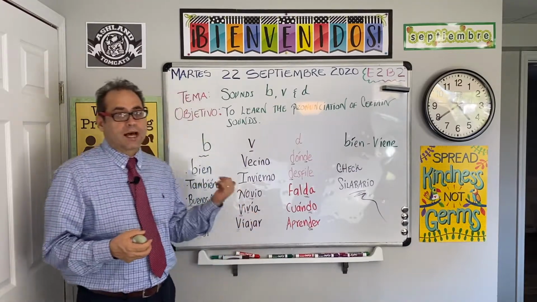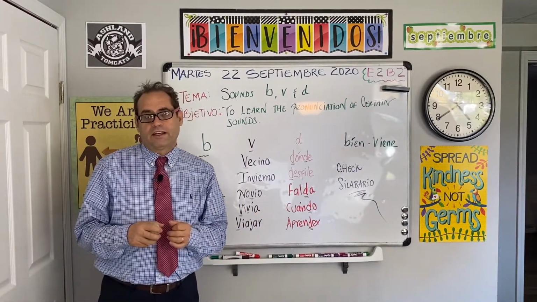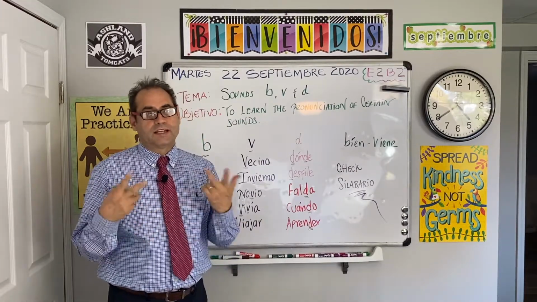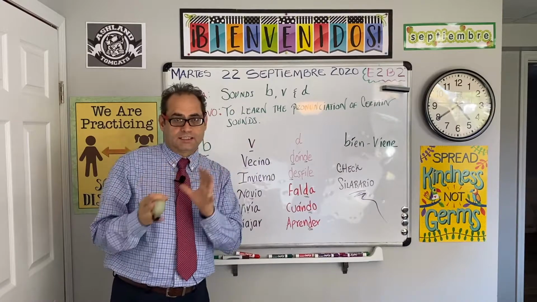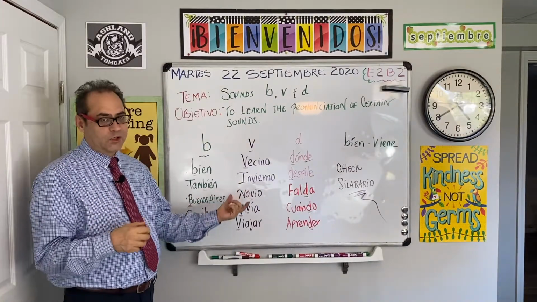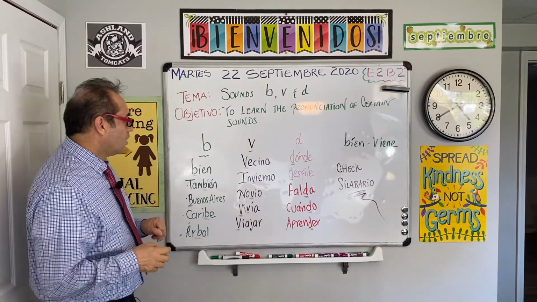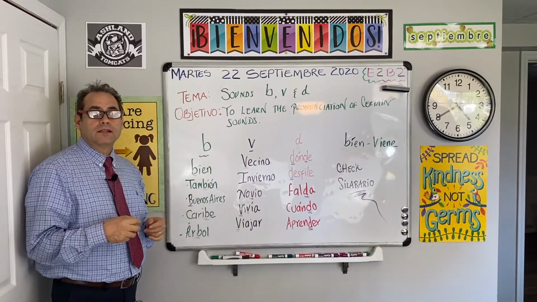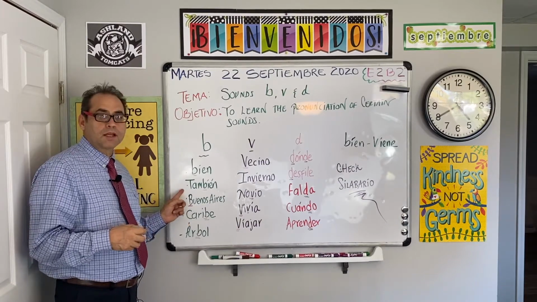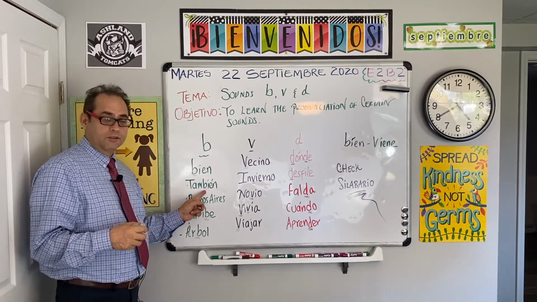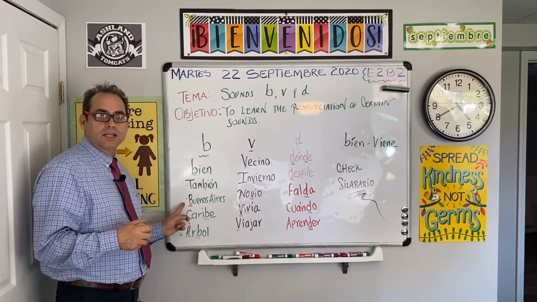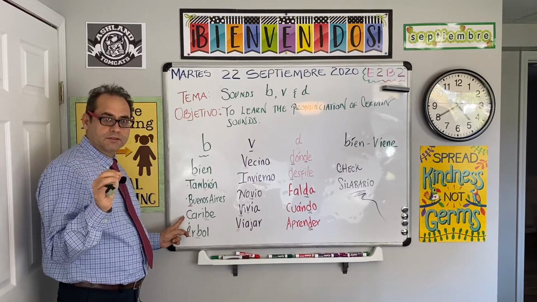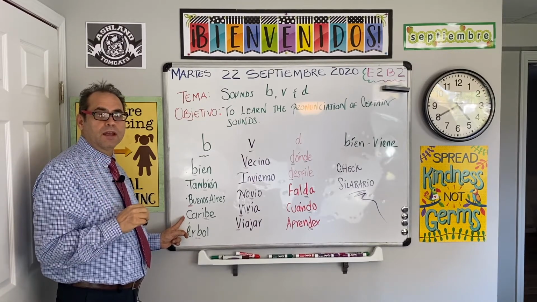In English, you say, for example, bat, very nice, you're just a little bit fricative. It's different, very important. We don't say that in Spanish. In Spanish, the sound is the same, unless the letter is inside the word, okay, like in this case. So it's going to be a little bit stronger here. Bien, bien. También, softer. Buenos Aires. Caribe, a little bit softer. Caribe.